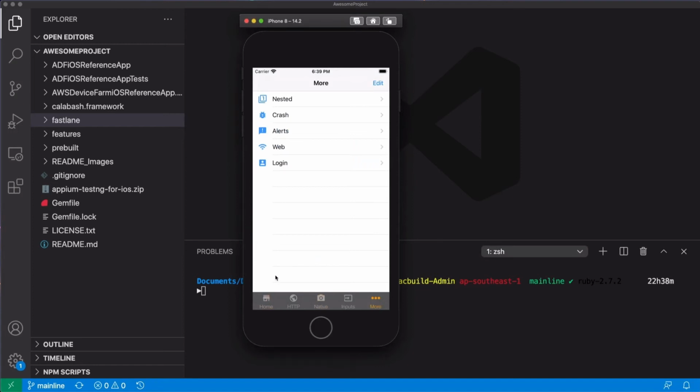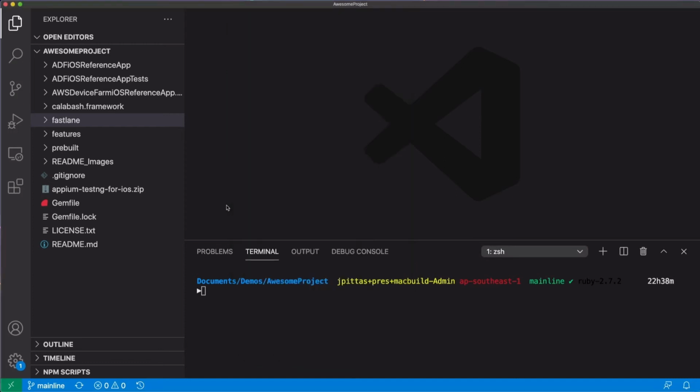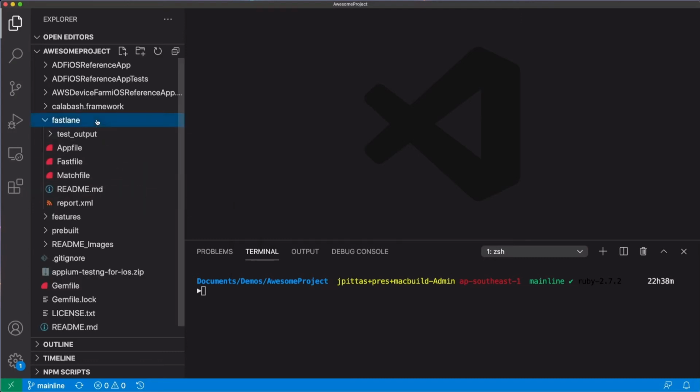Now this is a public code repo, and I've just forked this code into a new repository hosted on AWS CodeCommit, which we can see here in VS Code. Now I've also added the Appium test file, which we'll use to test the application. And I've also got a Fastlane file in this repo to help with the build script automation. Let's go check out our pipeline.